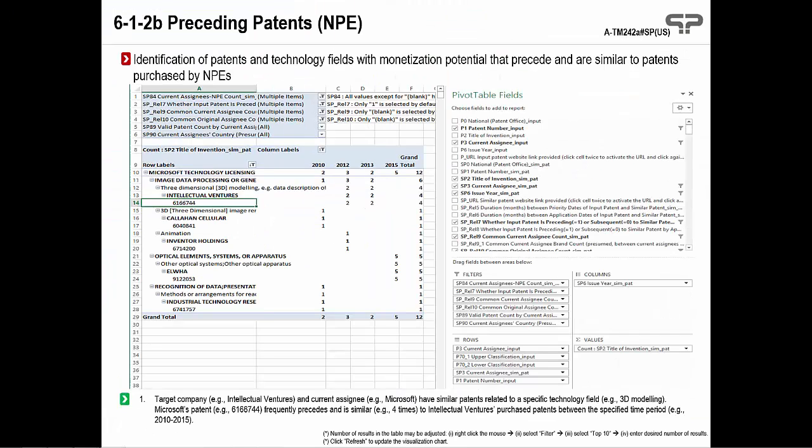Users may also identify patents and technology fields with monetization potential that precede and are similar to patents purchased by NPEs. This is useful for businesses as it allows companies to identify potential licensing or other monetization opportunities related to NPEs. The view code for this analysis is